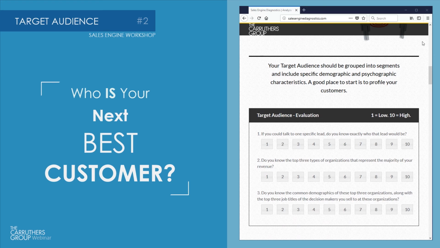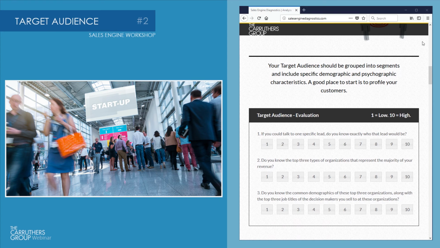The reason this is important is we only have so much money to spend on marketing and sales. Imagine you could go to whatever trade show you wanted to go to and run a booth and network and really build your business. Do you know what trade show you would go to? We have one client who doesn't want to go to trade shows anymore because they say only the president and the leadership of the company goes to these trade shows, and they need to talk to the people on the floor, the guys actually doing the work. And those are the guys that don't come to this trade show. So in their mind, they're really clear on the audience because they know it's the guys doing the work.